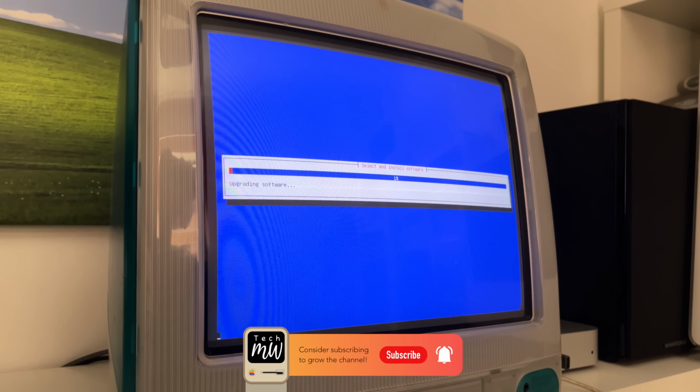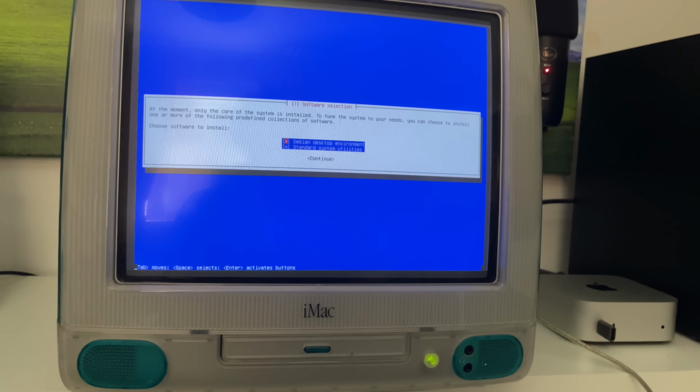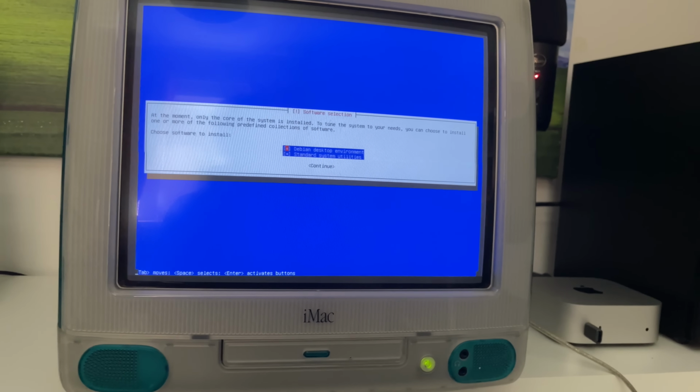Select and install software. We're now upgrading software. At the moment, only the core of the system is installed. To tune the system to your needs, you can choose to install one or more of the following predefined...